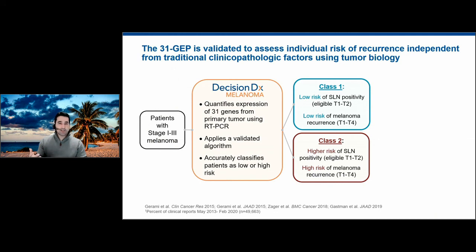Which brings us to the DecisionDX melanoma test. It's a non-invasive, independent prognostic tool validated for use in patients with stage 1 through stage 3 cutaneous melanoma, based on the expression of 31 genes from the primary tumor biopsy. These genes comprise 3 control and 28 genes, all of which are known to be involved in melanoma outcomes. Using RT-PCR technology, it quantifies the expression of each gene against this validated algorithm, which results in